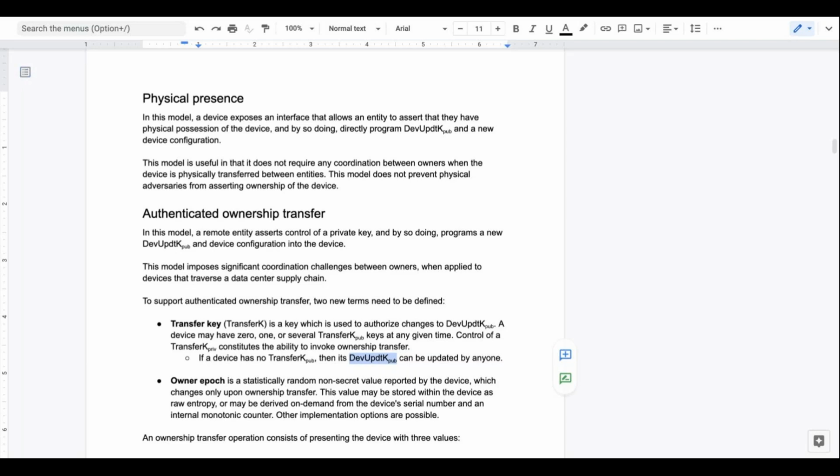They can transfer from a production state to a non-production state, but they can never go back to a production state.